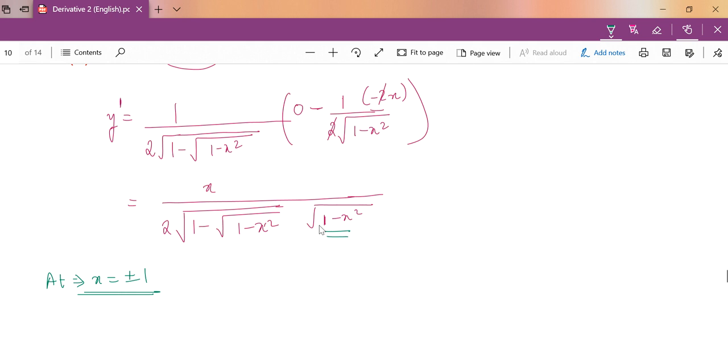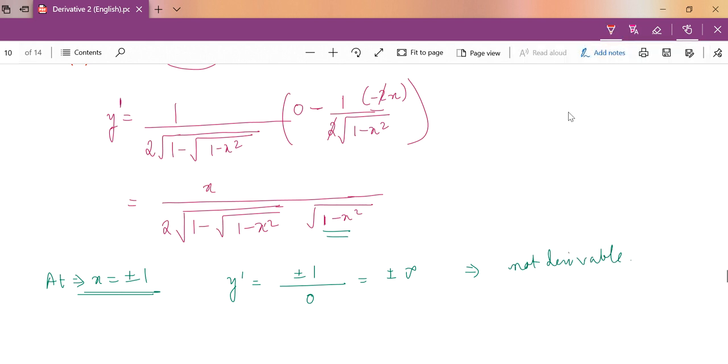What happens at that point? Your y prime happens to be plus or minus 1 over, sorry, over 0. So this will be plus or minus infinity depending upon whatever x is. That means you have a vertical slope, which means the function is not derivable at plus or minus 1. Remember: is it continuous? Does it have a corner point? Does it have a vertical tangent? So the third point is here: the function is not derivable.